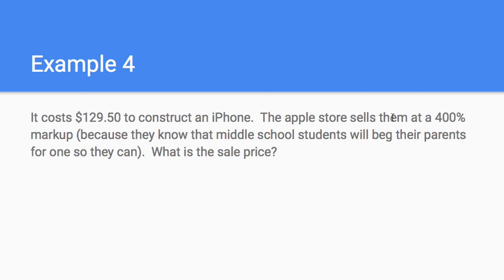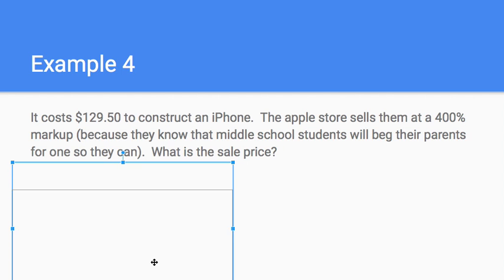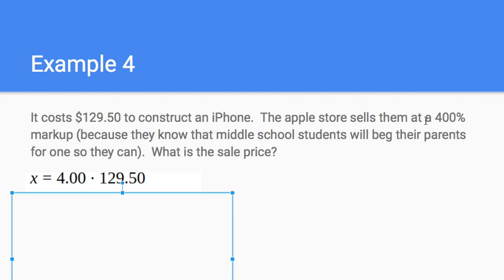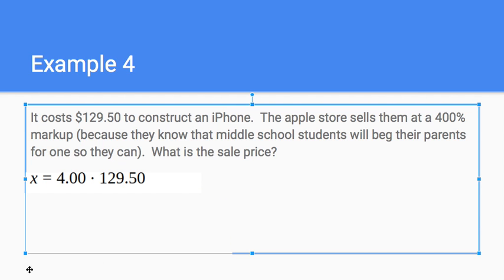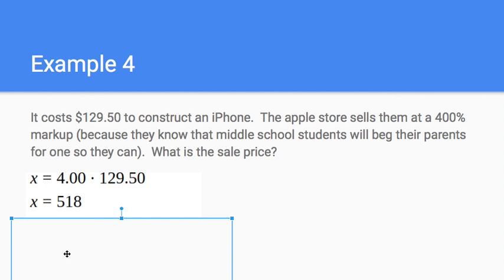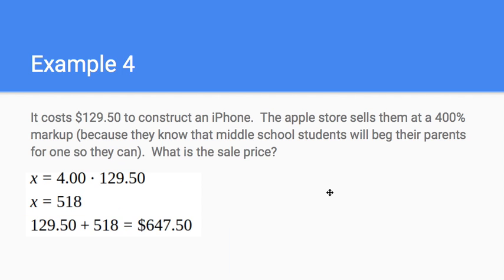Here I have a percentage, I have the total cost, I just multiply. So 400%, that's going to be 4.00 times $129.50. That's $518 markup. Now we have to go back and add the markup to the original cost. This $518 is how much extra they're charging. I want to then add that on to the cost to construct it, and I get